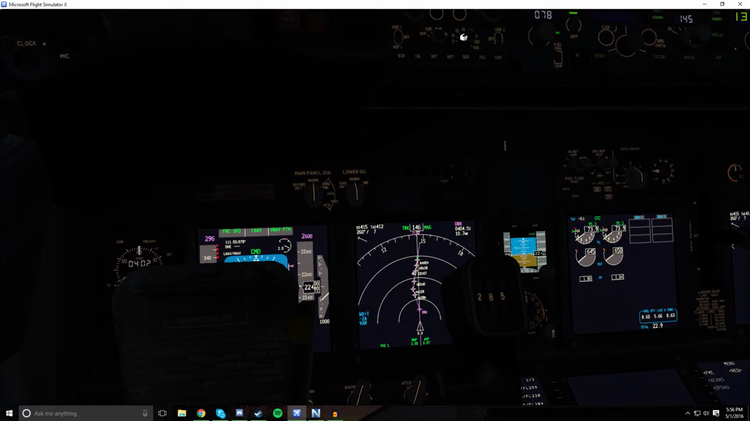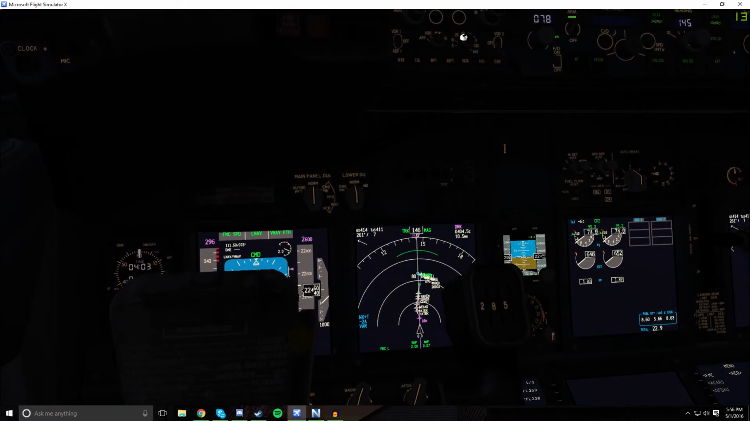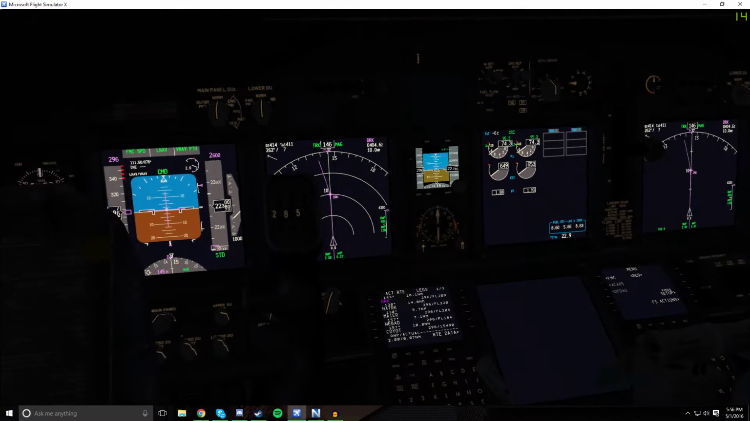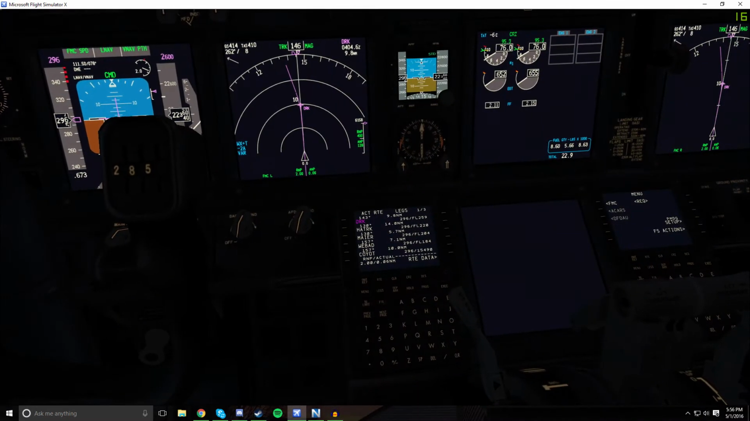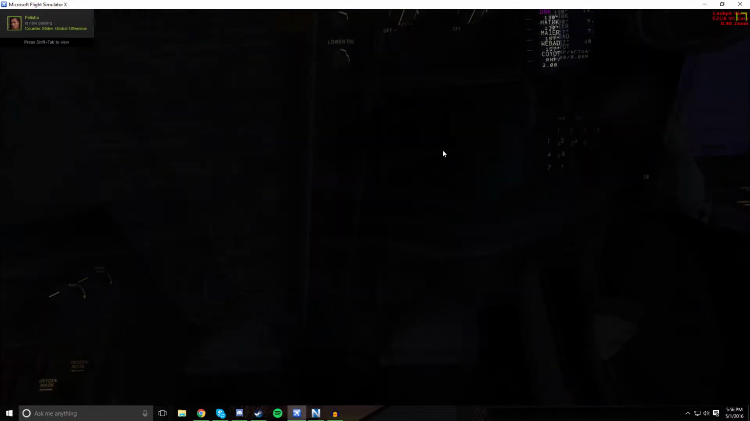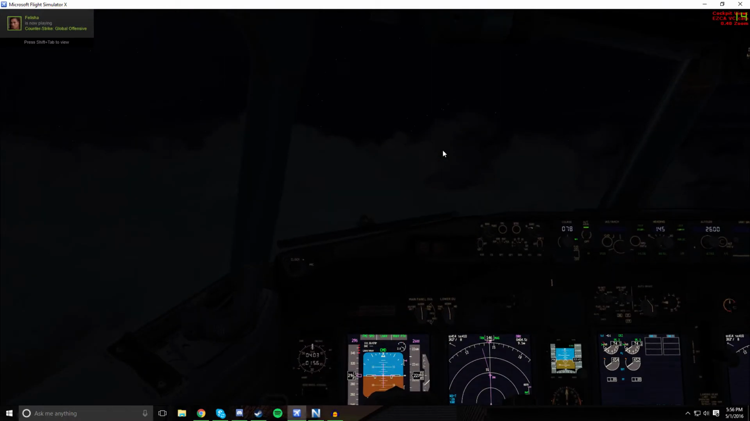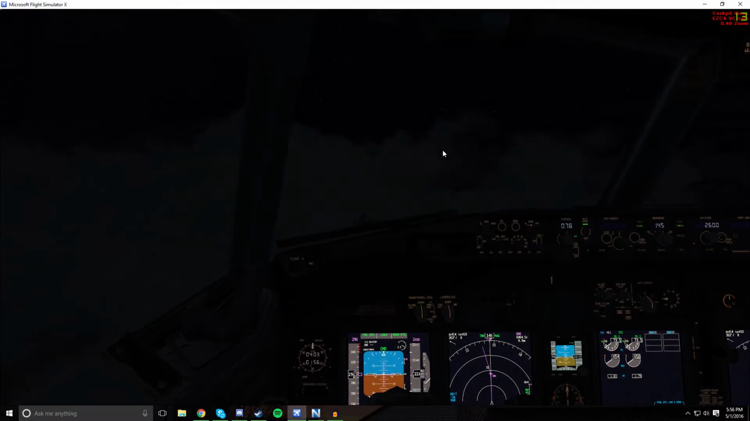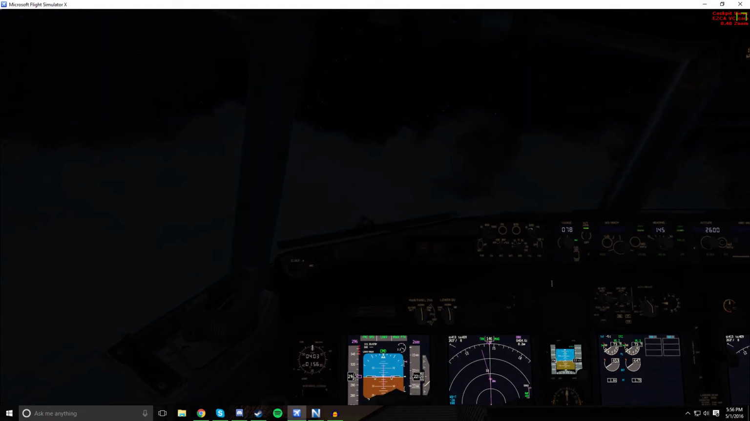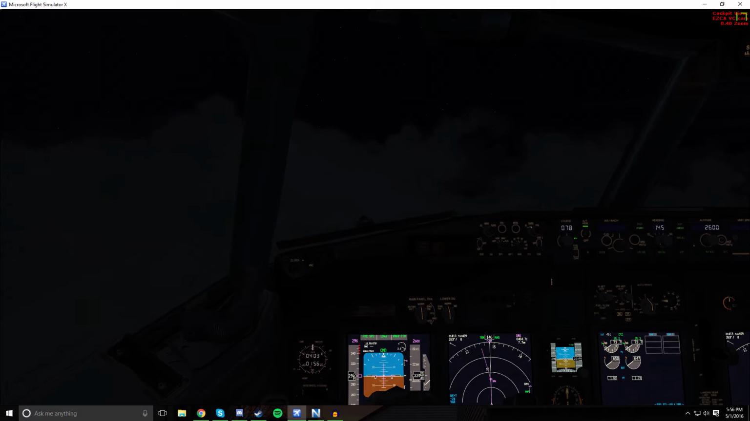Alright, so the approach is kind of funky. I'm just gonna hope that it all works out. Otherwise, we might have to go through the missed approach and just recalibrate into a different approach. Alright, I believe the ATIS is going to be